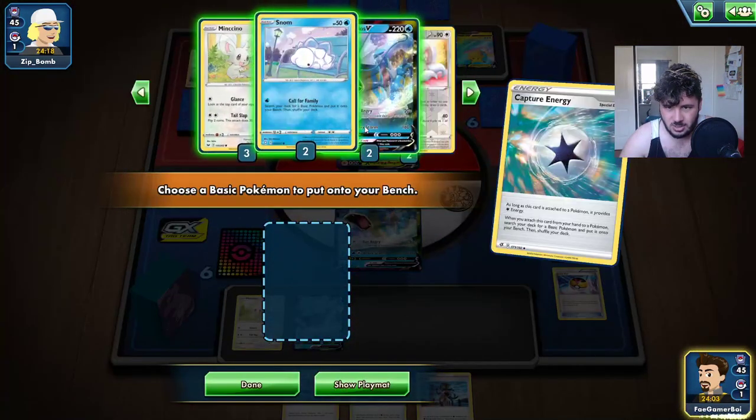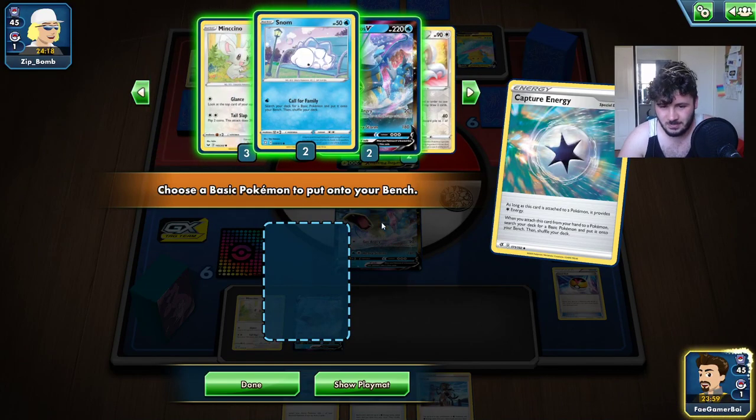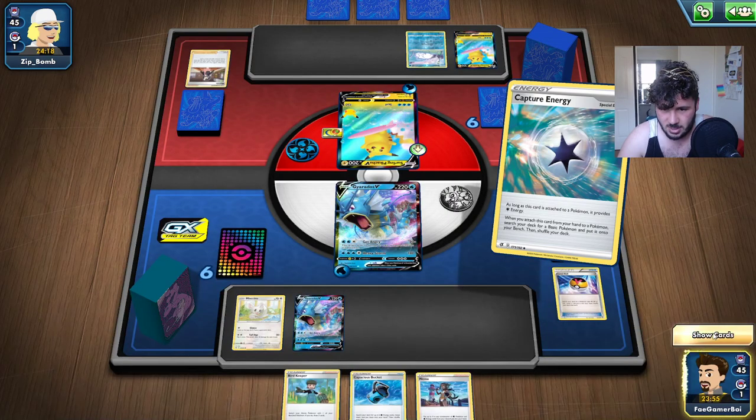Capture Energy, grab a... and our Snorlax is prized again. You hate to see it. Alright, I think we might just be grabbing a...